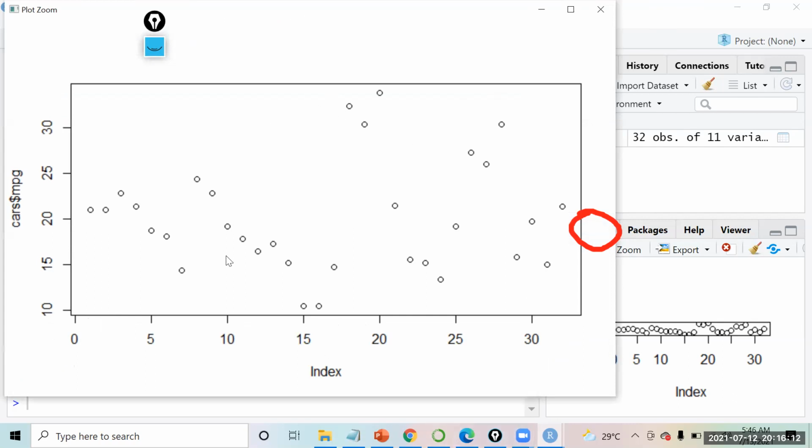Like if you see over here, I can see that mostly the cars are having a mileage on the lower side. So definitely the main purpose is comparison between two variables only, but apart from that, we can use it for one single variable as well. Index, as you said, is the row numbers. Yeah, so we have 32 rows, so you can see 0 to 30, 31, 32.